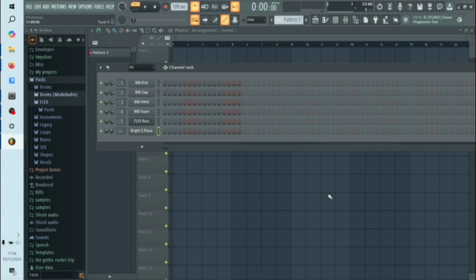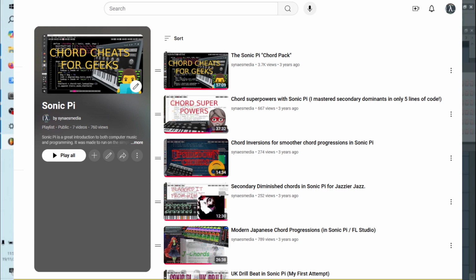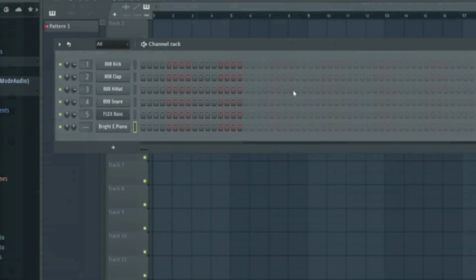And as is my wont, the way I want to learn about music theory is to write code to generate music. If you remember some videos I did in Sonic Pi a few years ago, I was using Sonic Pi, which is a live coding programming language, to create some functions that would help me create my chord progressions. I'm not going to go too much into the theory of chords,